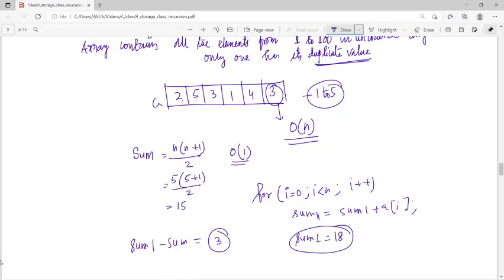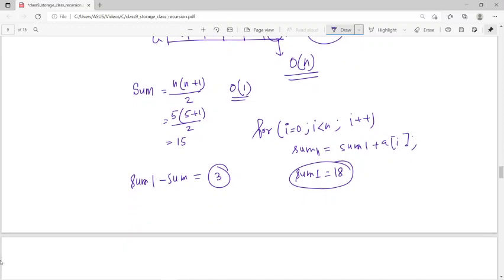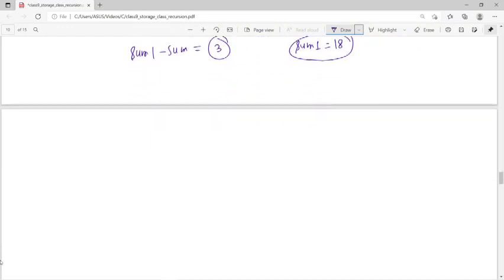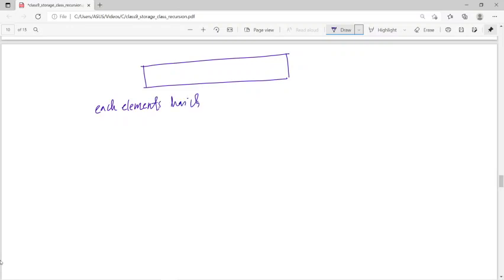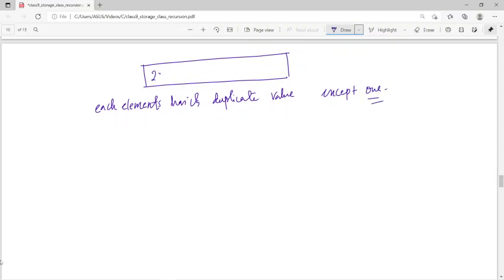বোঝা গেছে ব্যাপারটা বাকিরা? হ্যাঁ, ওকে, তাহলে এটা যদি বোঝা যায় তাহলে নেক্সট কোশ্চেনের অ্যানসারটা দাও। নেক্সট কোশ্চেনে আমি আবার একটা সিম্পল ওয়ান ডাইমেনশনাল অ্যারে নিয়ে নিয়েছি। ধরো এই অ্যারেতে প্রত্যেকটা এলিমেন্ট হ্যাজ ইটস ডুপ্লিকেট ভ্যালু, each element has its duplicate value except one. That means একটা ছাড়া বাকি সব।